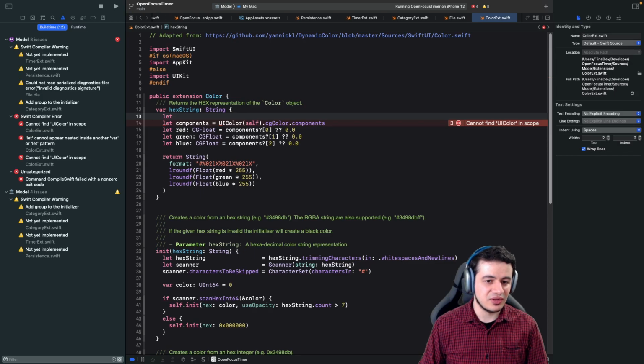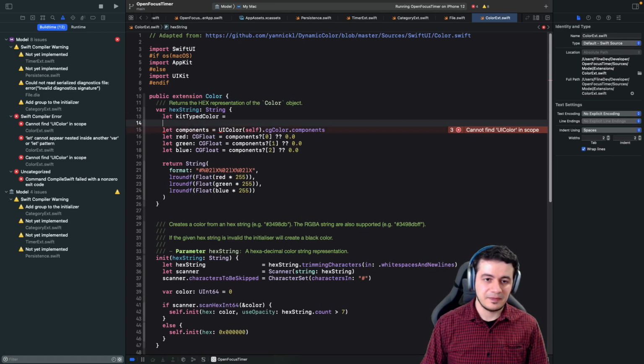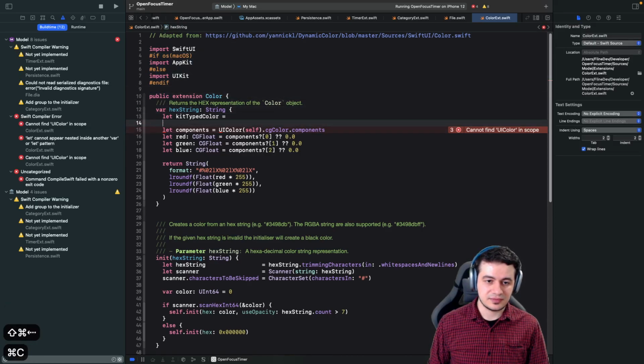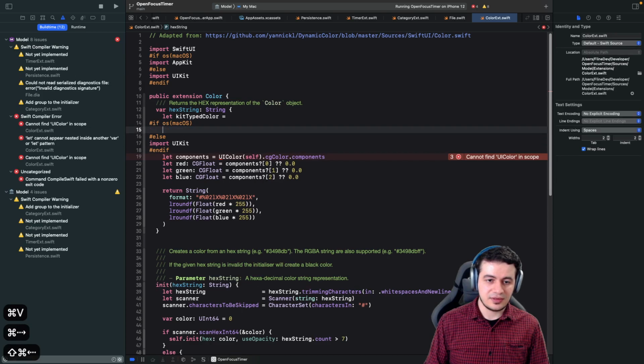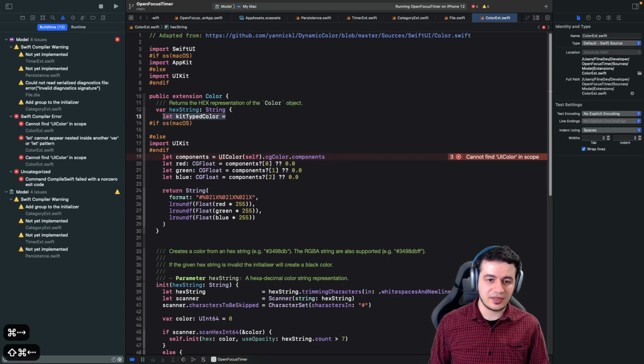I don't want to name UI color. I don't know another name. Kit color, kit type color. I don't know. And then we can basically say, let's copy that code here. And in this case, it's actually, I think we can